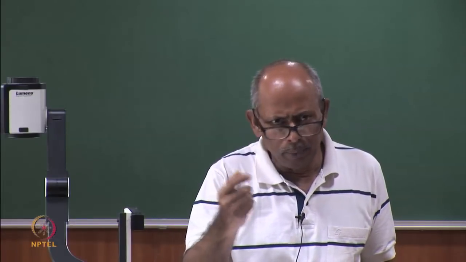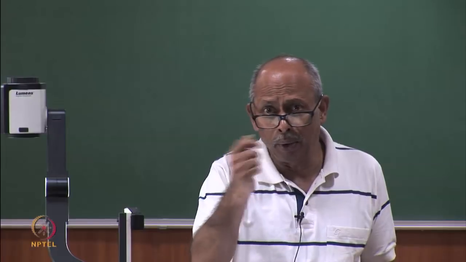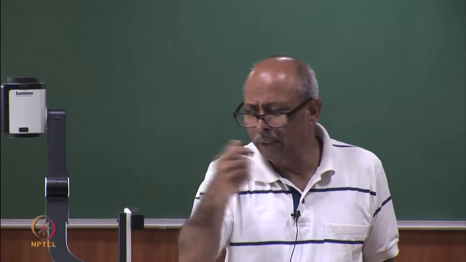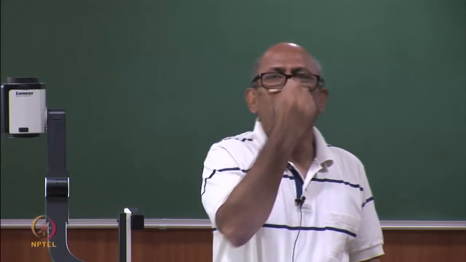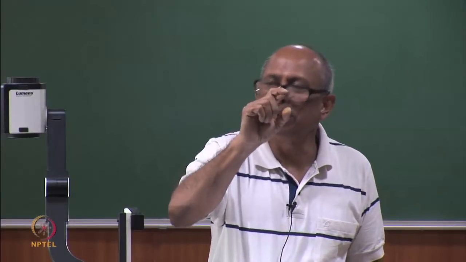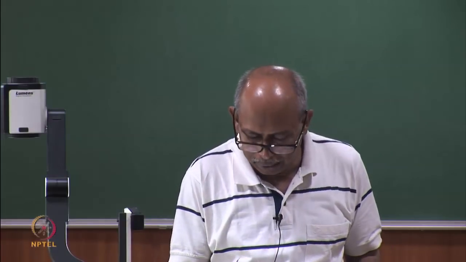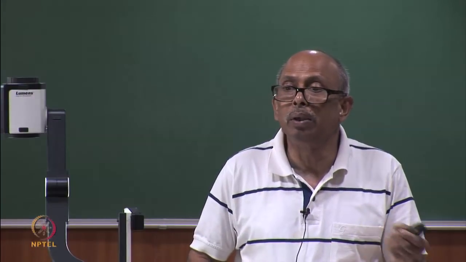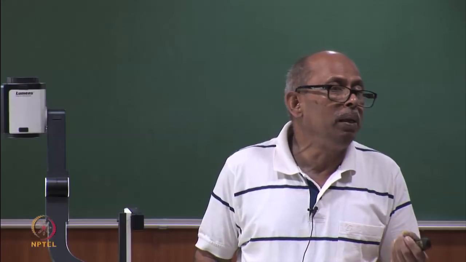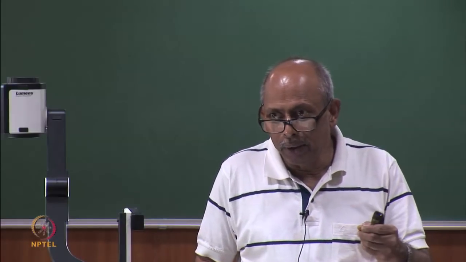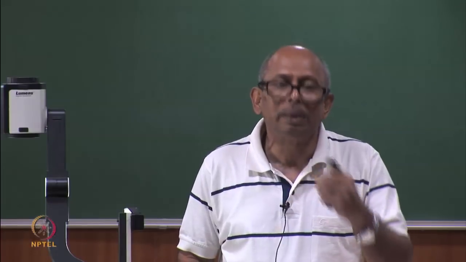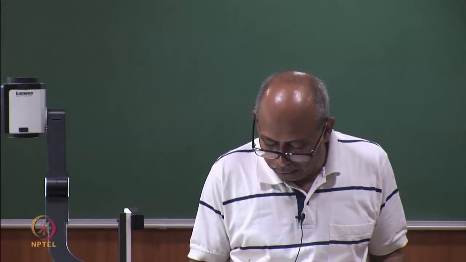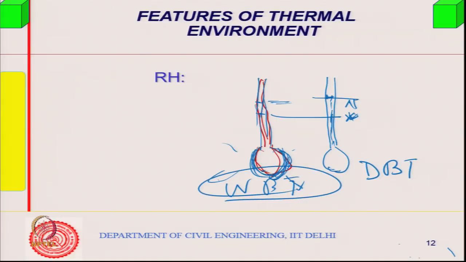Textile mills, very important, and many other places, temperature and relative humidity are very important. So, in a room where you want to control humidity, they will keep moving this around and then measure the depression of the wet bulb temperature, or the reading of the wet bulb temperature. The difference between these two is a function of relative humidity. It will be maximum when it is 0, a totally dry environment, and there will be no depression when the environment is saturated. So, dBT and WBT, wet bulb temperature.